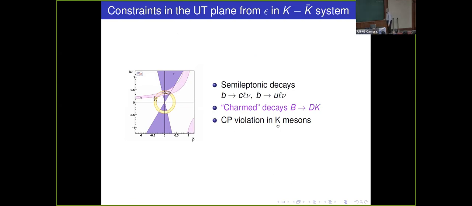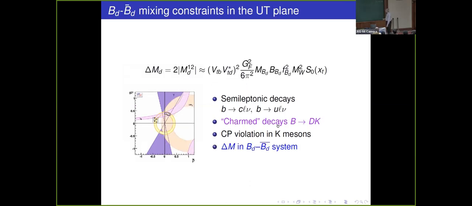You go one step ahead, try to look at K-K̄ mixing. Remember, we measured CP violation in the K-K̄ system many years ago. This gives you again a combination of rho and eta, which you see as this slightly pink band, and it also goes through the intersection point of the earlier two bands. Okay, so that's nice. You can do the same thing with B-B̄ mixing with the B0, B0 bar, and that will give you